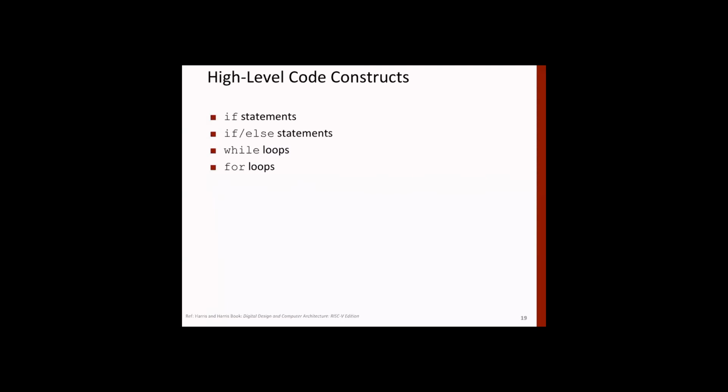All right. So now let's see how we will develop these statements in an assembly language program. If statement, if else statement, while loop, and for loop, we know that these exist in high level languages, like C or Java. I don't know which of these will be in Java, but I'm sure some of these will be, because no programming language can exist without these statements. Otherwise you cannot take any decision.